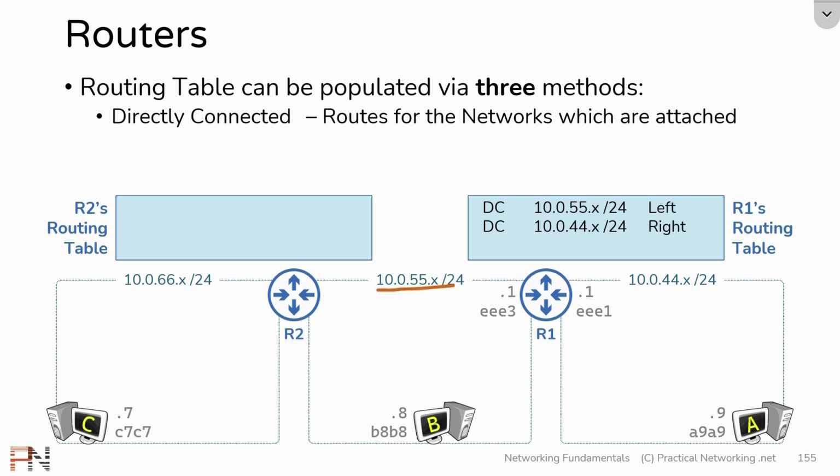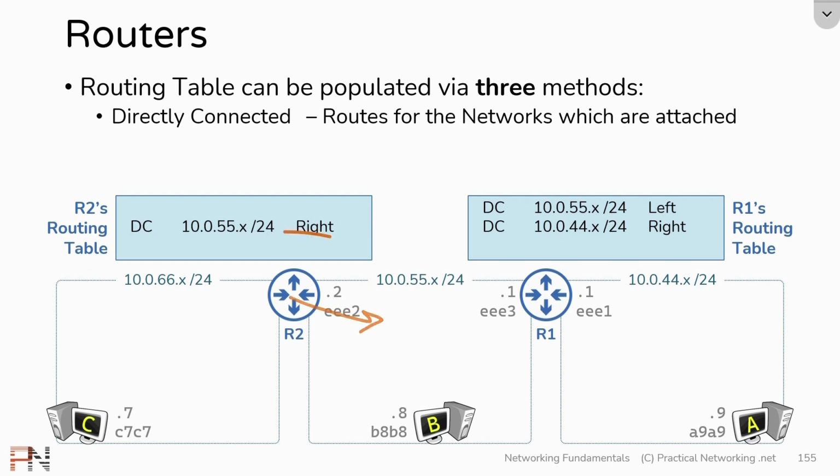For R2 to be attached to the 10.0.55 network, we're going to have to plug R2 in and then configure an IP address in this network. In this case, we've configured the IP address 10.0.55.2. This created a directly connected route in R2's routing table, telling R2 that the 10.0.55 network exists